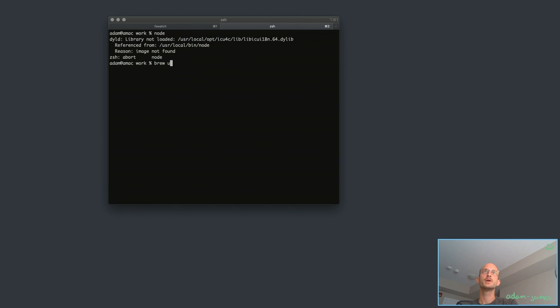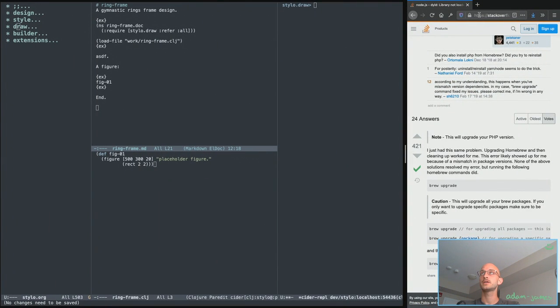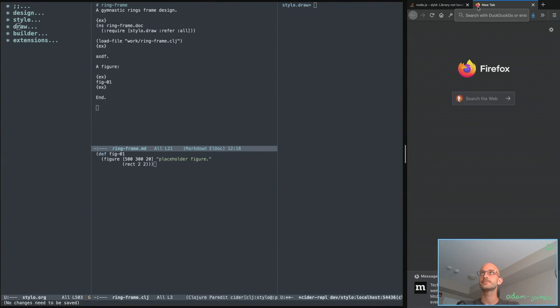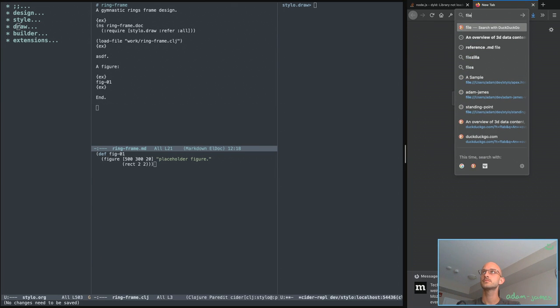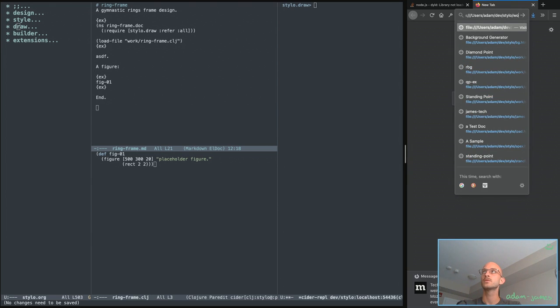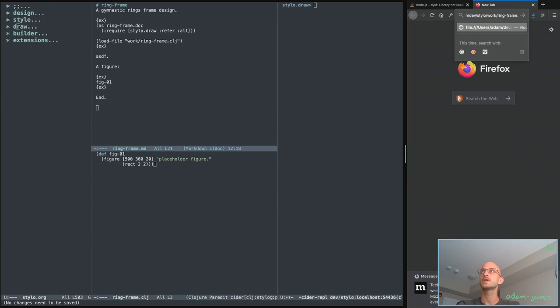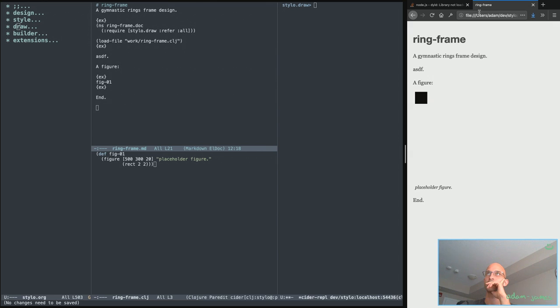Let's try brew upgrade node. Let's see if that works. Kind of ridiculous. In the meantime, while that's running, I can navigate to the file and just have a look at it directly. Work/ring frame.html. There we go. Okay, so we have